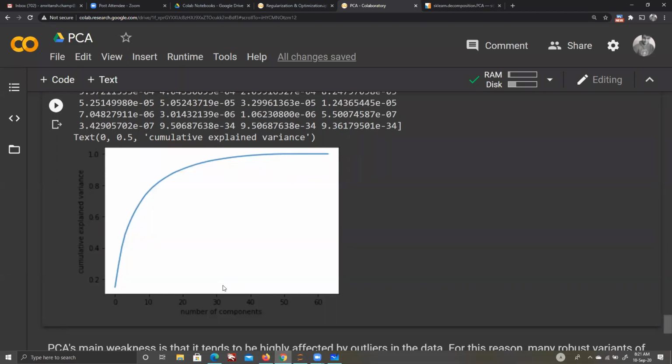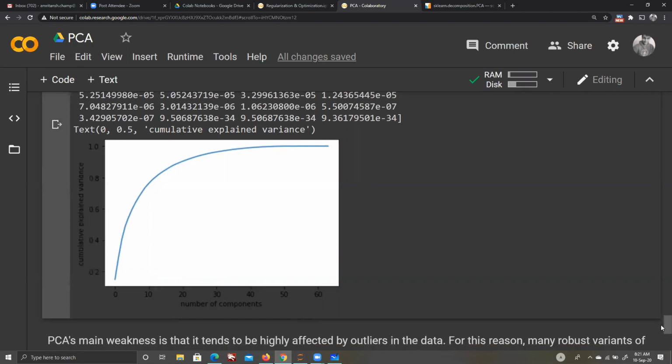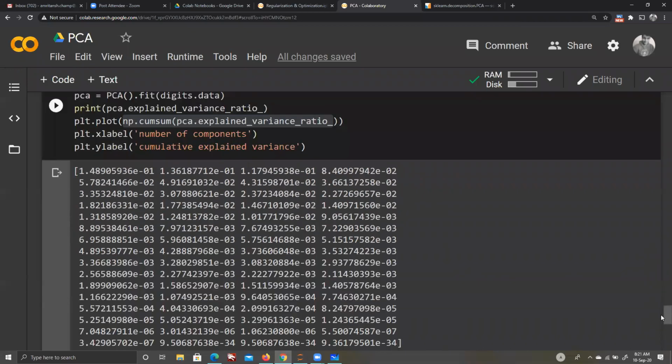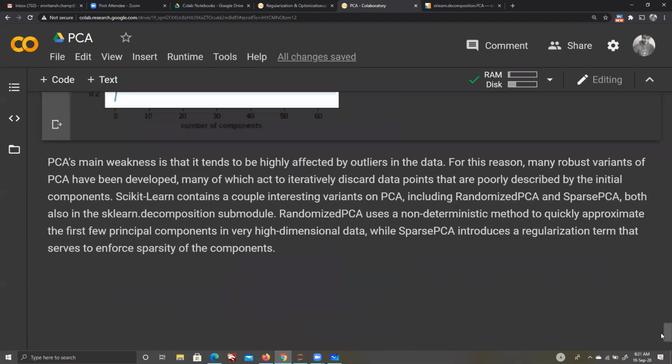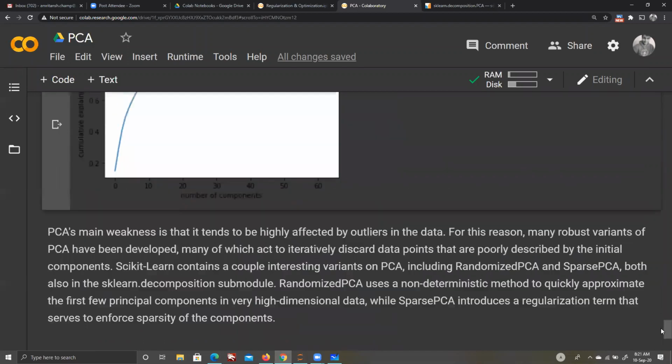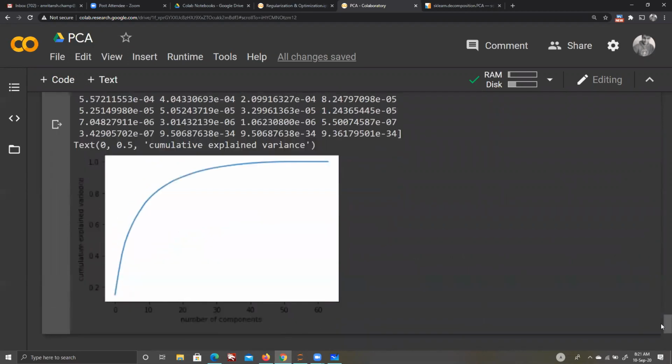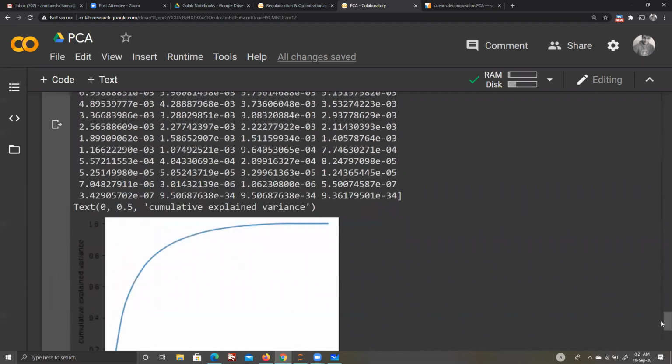Now, there are two problems. PCA doesn't work very well, especially based on its covariance idea, with either not normalized values or unscaled values, and also it gets highly affected by outliers in data. So there are problems here. Remember this, it doesn't always work very well. If you have an outlier, or if your values are not normalized or scaled properly, PCA is not going to work.